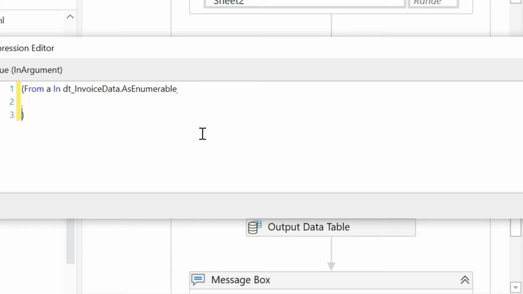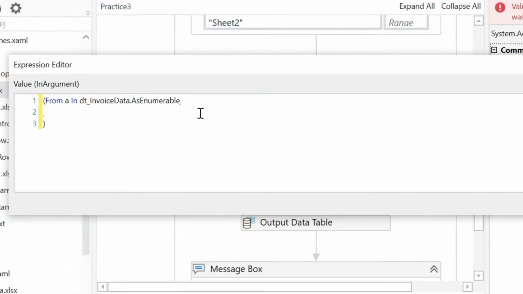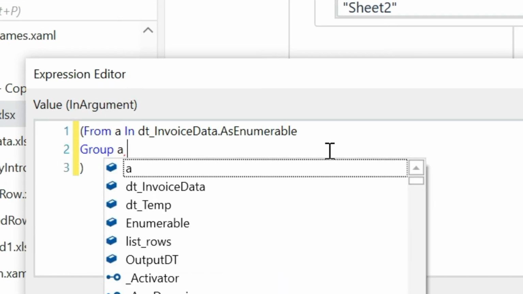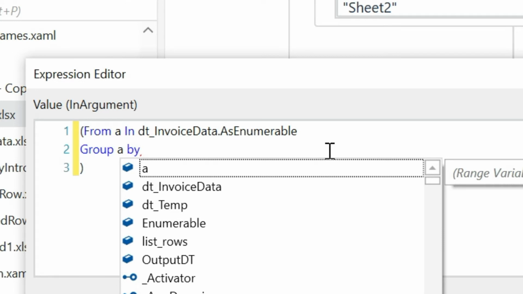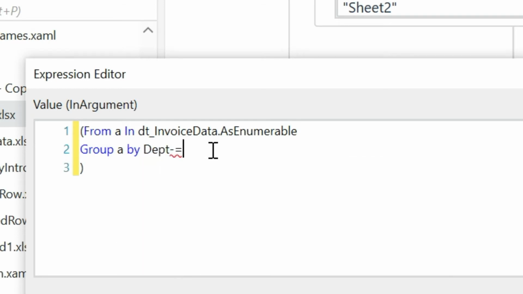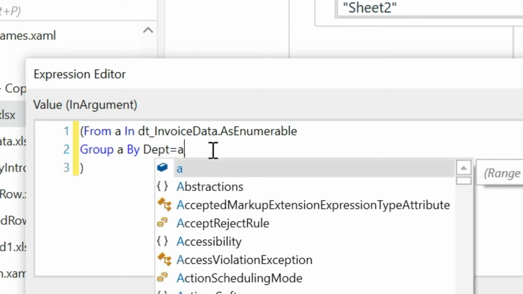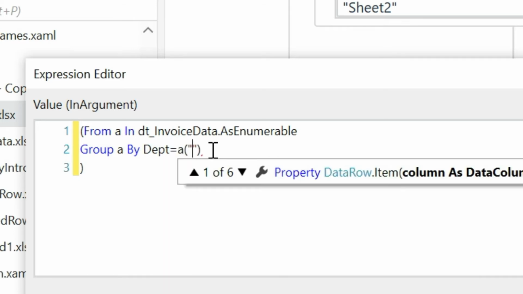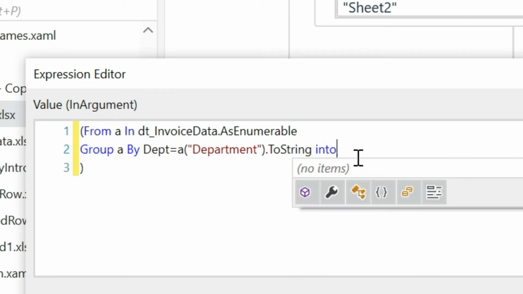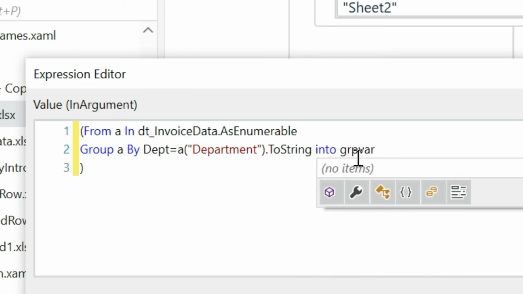The next step is we want to group this data table by the column name department. Now I'll group a by, so whatever we group, it will have a key. I will give the key name as dpt equal to a of, now we have the column name, Department, dot ToString, into group variable equal to group.